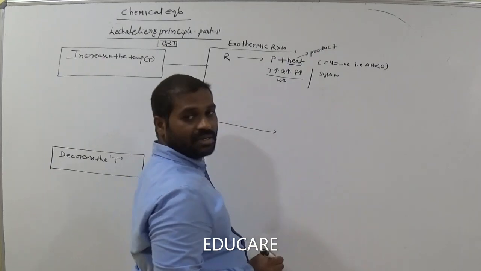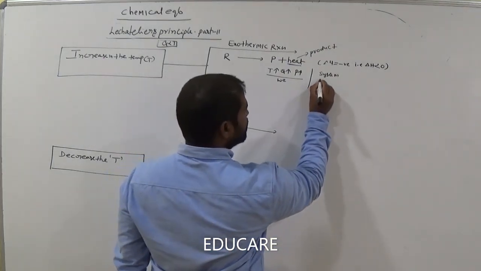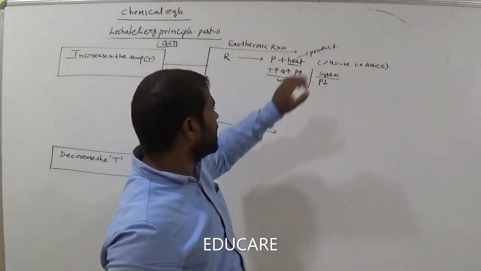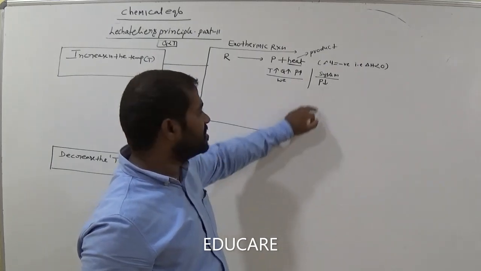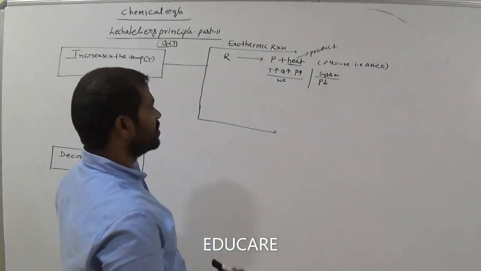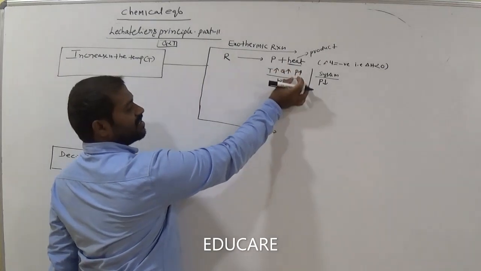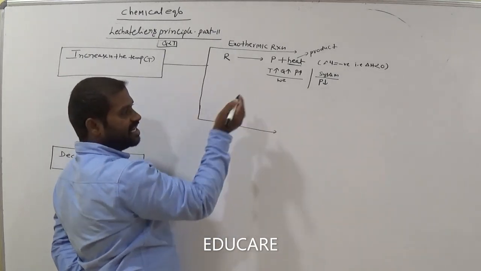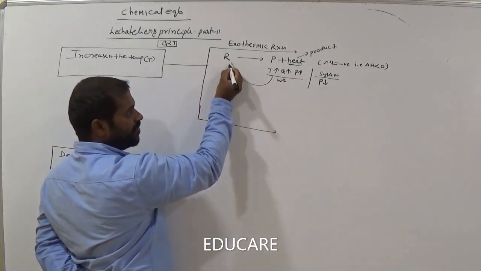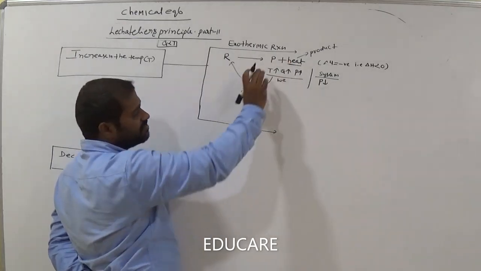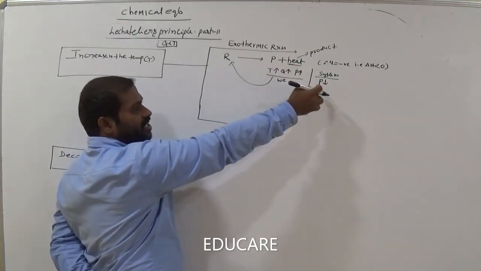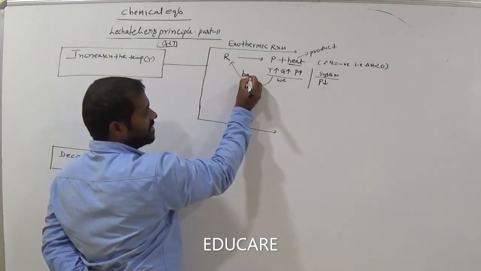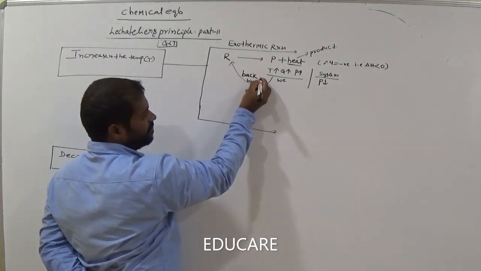Now the system tries to decrease the product concentration, since we increased it here. Now the product concentration is high, so the system tries to decrease it. How does it decrease? When the product moves towards the reactants, then automatically the product concentration decreases or not? That means in which direction is it? Backward reaction takes place. Backward direction.